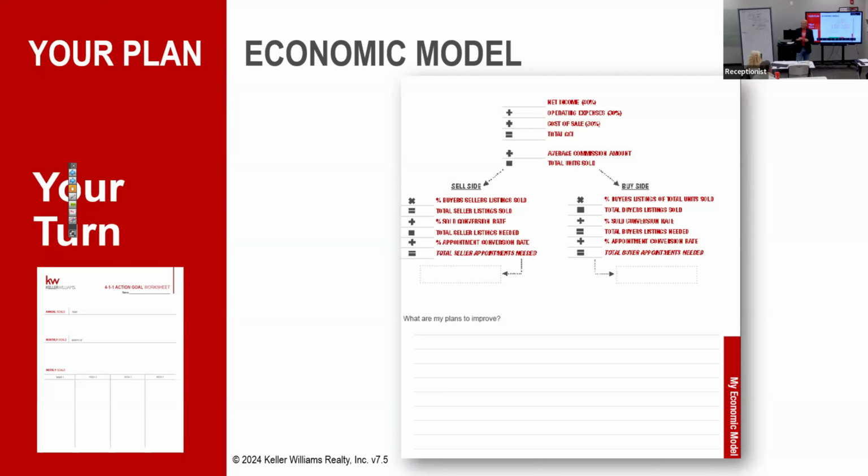Then the math can get really fun. And we don't have time for it today, but I can geek out on how many dollars per hour you're earning, and some of you have probably seen me do that. It's a lot of fun. But by the way, if you're working 50 hours on an average transaction, and your pay is 10,000, how much is that per hour? $200 an hour? Everybody in this room was not being paid $200 an hour before they got their real estate license. Maybe if you are, maybe you were, but most of us haven't.